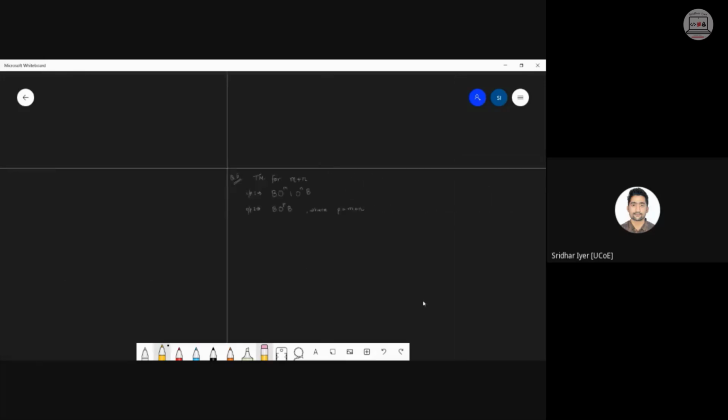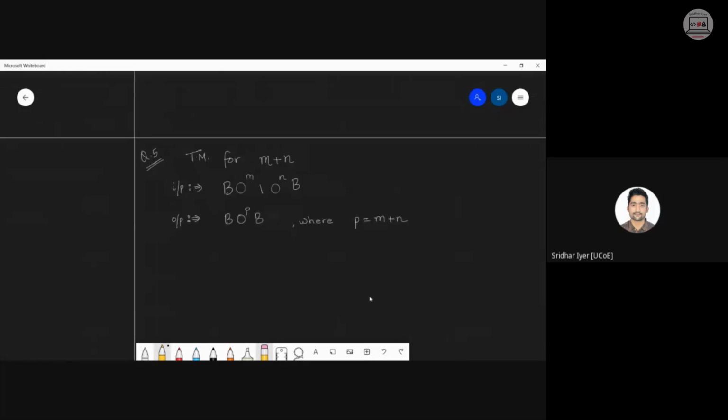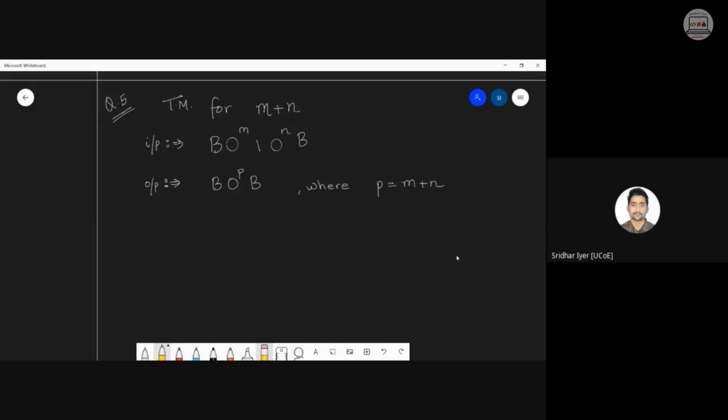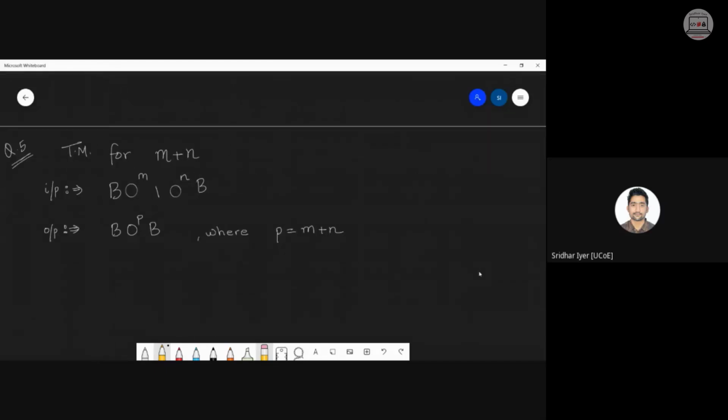Question number 5. It's very simple. सबसे simple problem यही है Turing machines का. Turing machine for m plus n. Now we are starting with Turing machines which are capable of producing some sort of output. Output as in, for example, let's have a look. We are designing a calculator, simple calculator, which is nothing but doing some kind of addition. As you can see, we are going to create Turing machines for addition, subtraction, multiplication. Division थोड़ा difficult हो जाएगा, but we will try to go with multiplication.